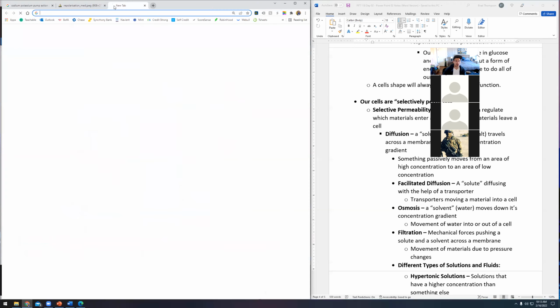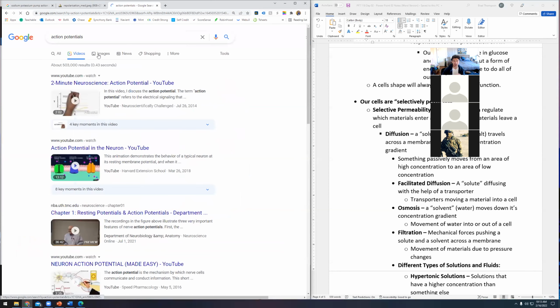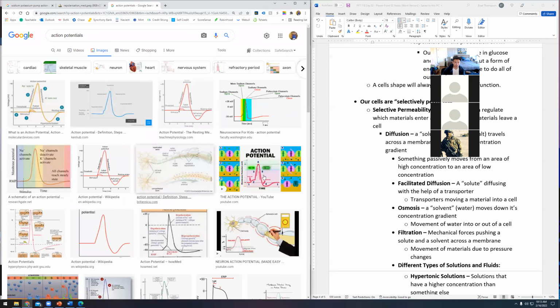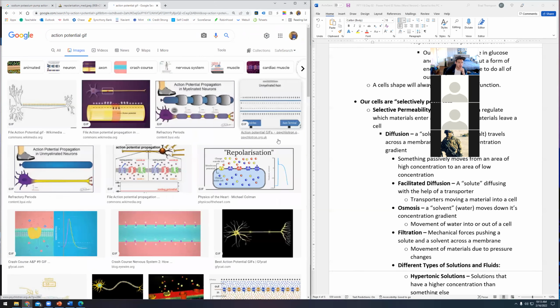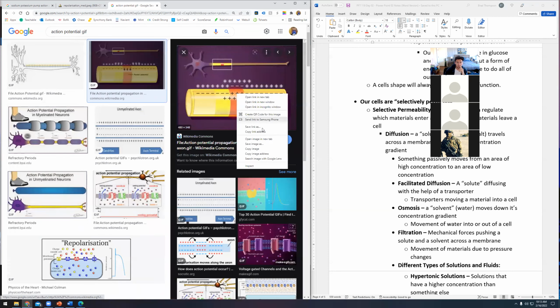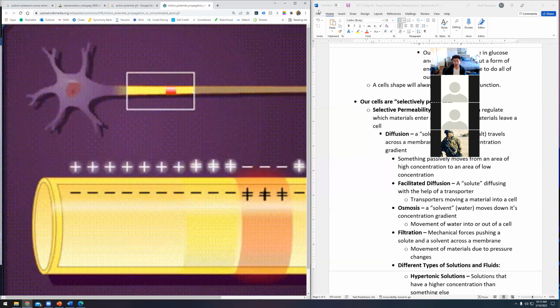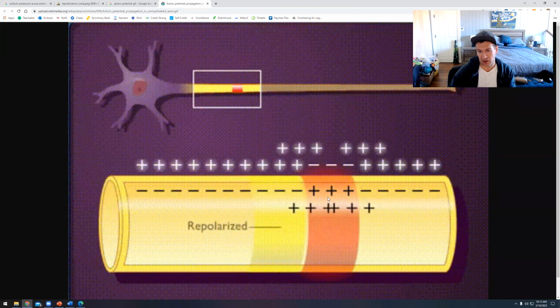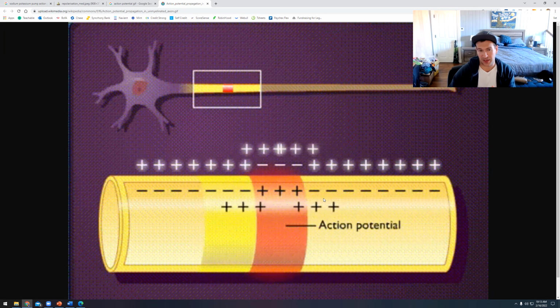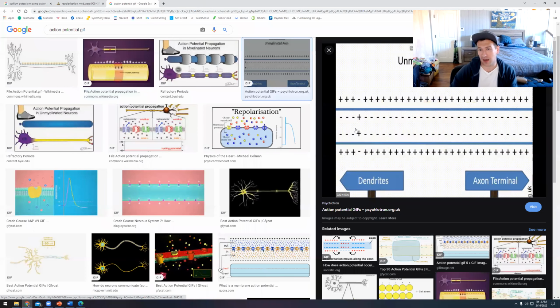So when we look at an action potential traveling down a neuron, your neurons are going to do this much more often than pretty much any other type of cell out there. It's going to look like this. So you can see the positive and the negative are kind of flipping spots, and then it happens and it travels down, and it travels down further and further, right? It's going to go from here to here, and from here to here. This GIF keeps resetting, but it's going to travel down the tail of the neuron thanks to moving sodium and potassium, right? There's the charge traveling from one spot to the other.